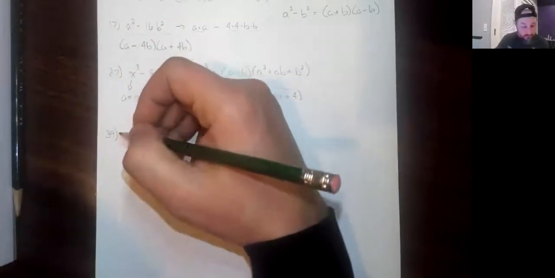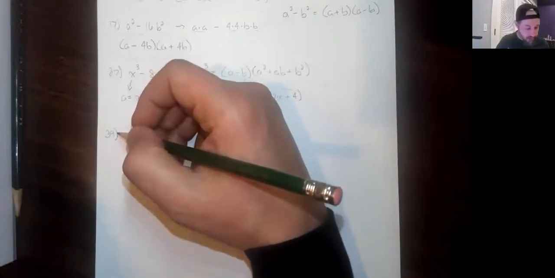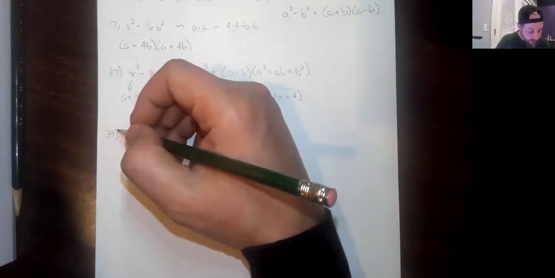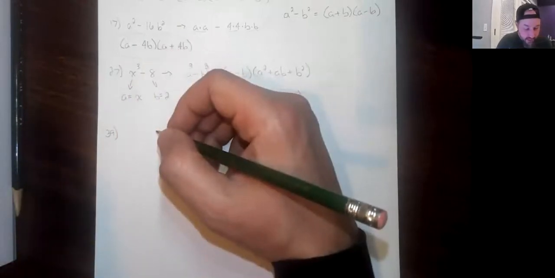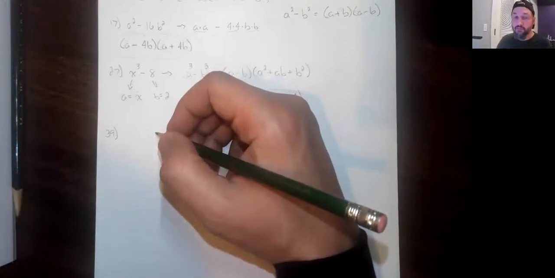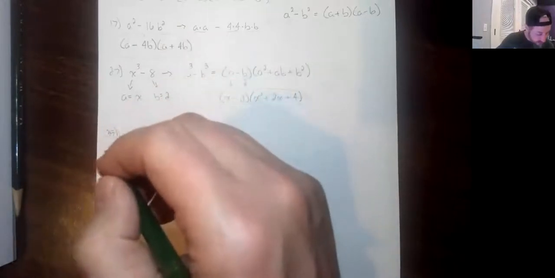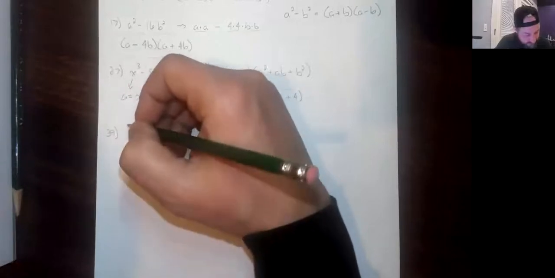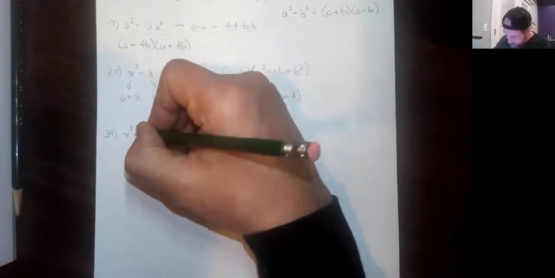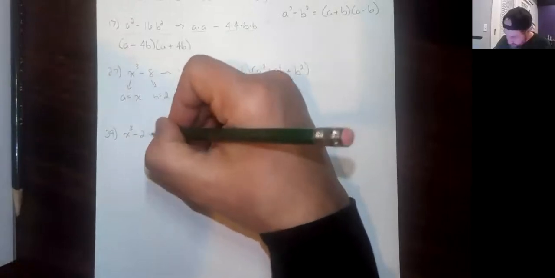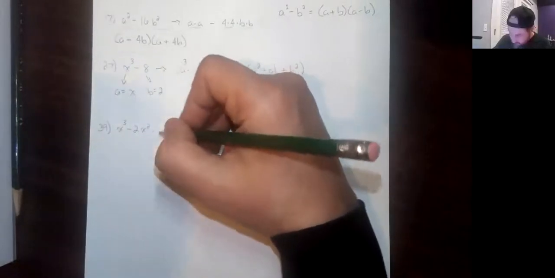Number 39 now, and we are almost done with chapter 1. Number 39 says factor each by first factoring out the greatest common factor and then factoring the polynomial that remains if possible. And I don't think they give you any yet. They don't give you any in this section that aren't possible, like that one from the other section. That was mean. x cubed plus 2x squared minus